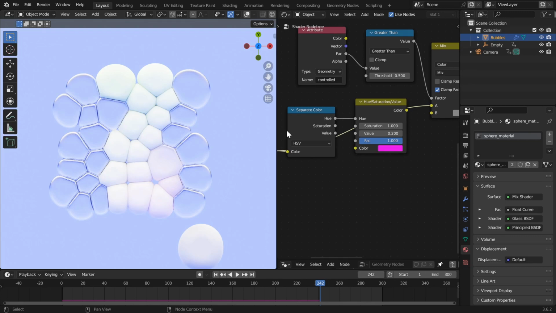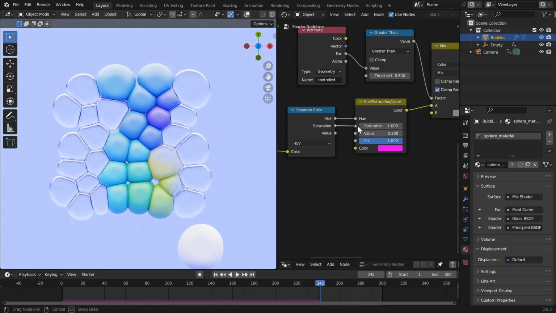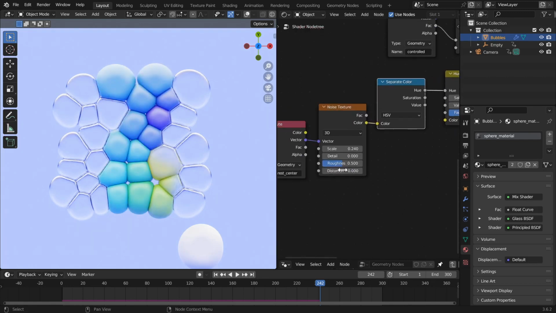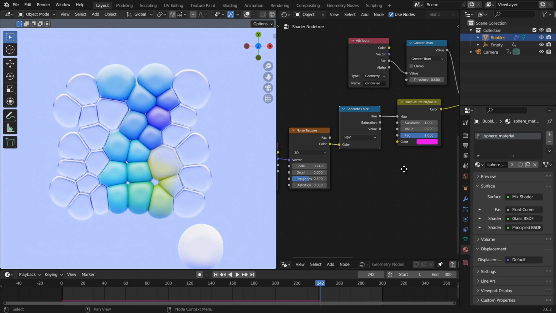You'd see also that here, I'll just pipe the saturation here. You'll see that the saturation is also not what we want it to be. We want it to be 1 in all cases. In this case, it's between 0 and 1. So we just use the hue from the color we get from the noise texture,